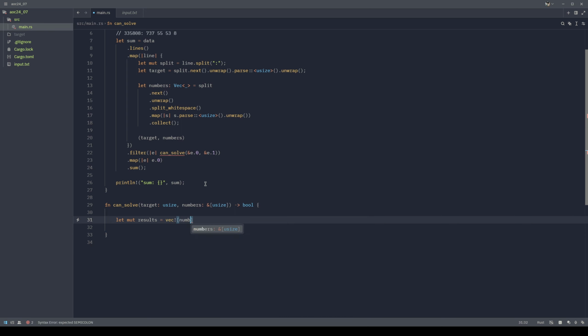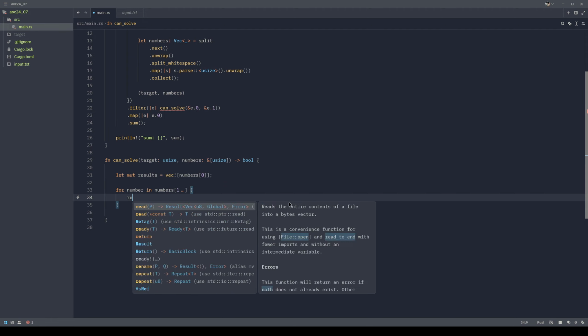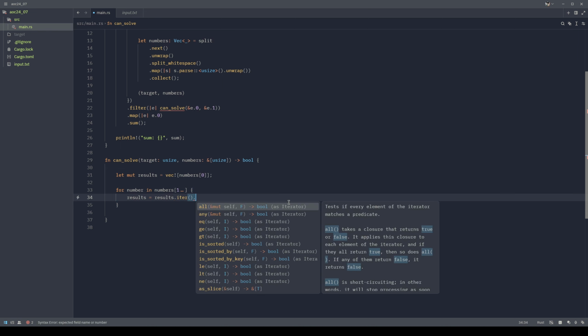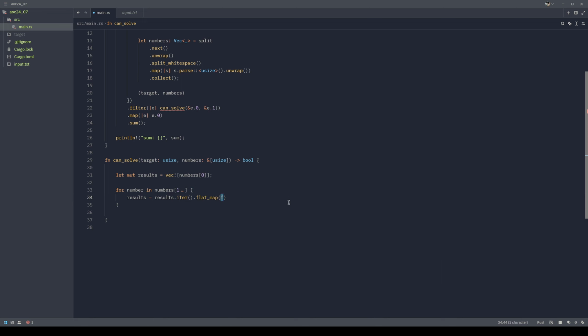It should start with the first number, and then gonna loop for all of the other numbers. So start at index 1 and get the rest, and then this would be results. So we can iterate over that, and then we can use flat map to return multiple results. So we have the result, and what we want to return is the result multiplied by the number, and also the result and adding the number,